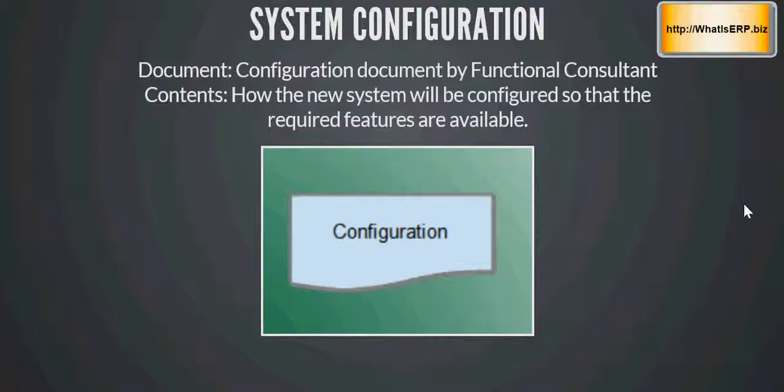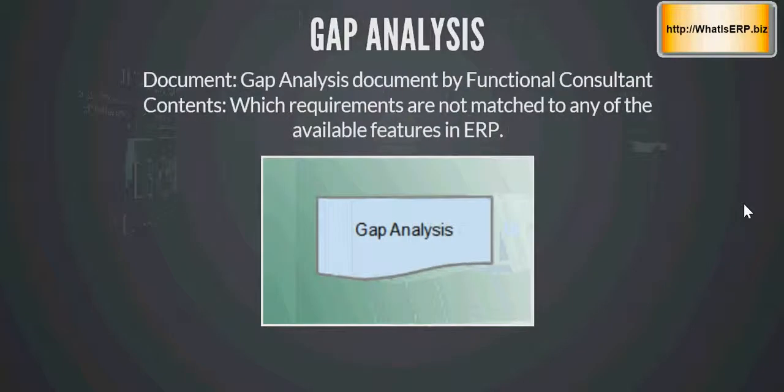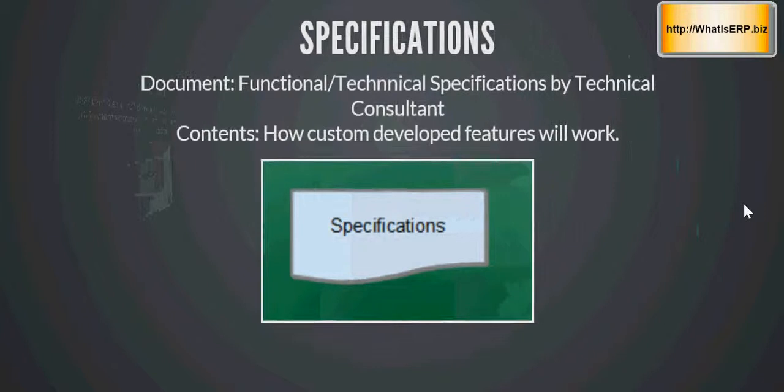And this document is called the system configuration document. This is the gap analysis document that I was talking about. This would be a result of the functional mapping document. There would be some requirements that are left to be mapped. Those will be covered in the gap analysis document, and the functional consultant will also provide some suggestions on how these gaps could be filled. And once everybody agrees, technical consultants will come in, and then a specification document would be created